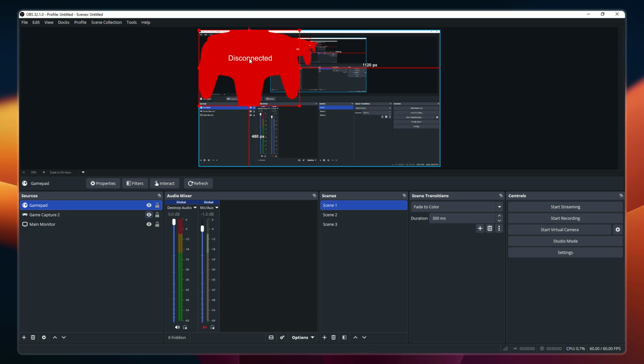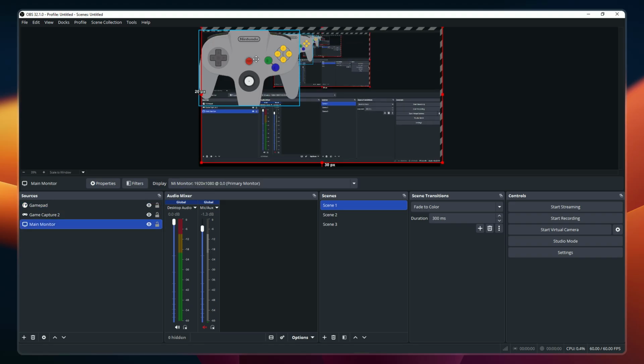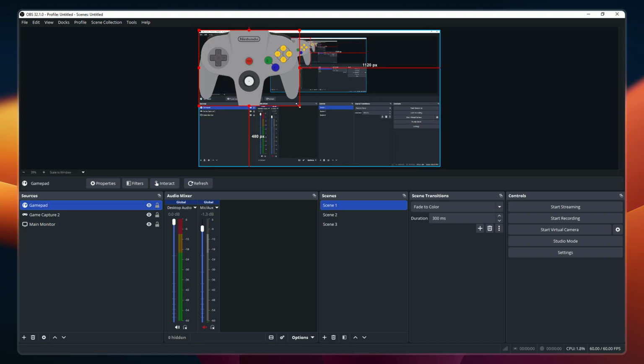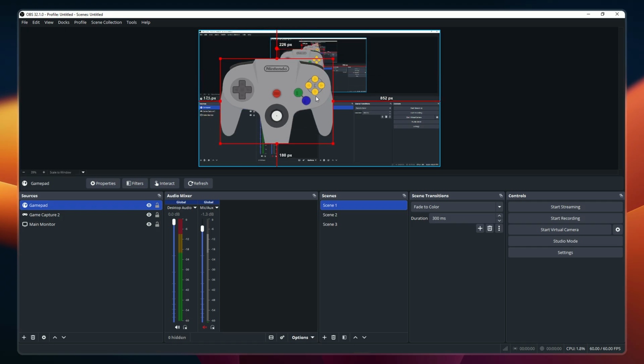In order to enable or connect it, simply press any button on your controller to activate the overlay. You can resize the controller if needed by dragging the corners to fit your stream layout perfectly. Finally, press any button on your controller to test if the overlay is working correctly and responding to your inputs in real time. And there you have it, your controller overlay is now fully set up and ready to use